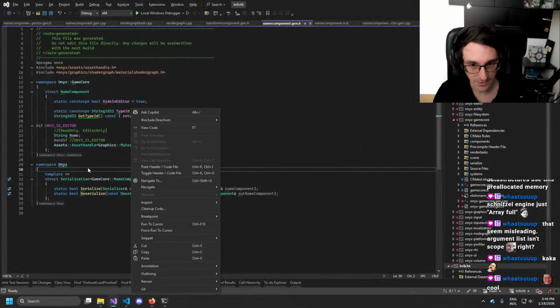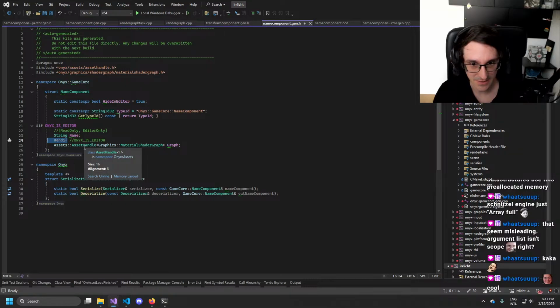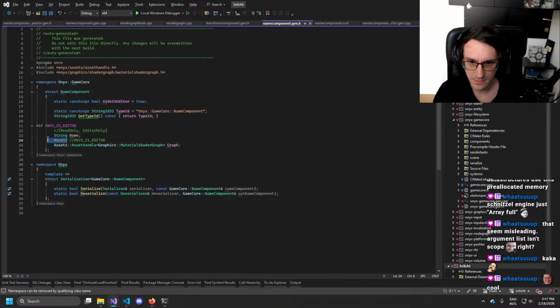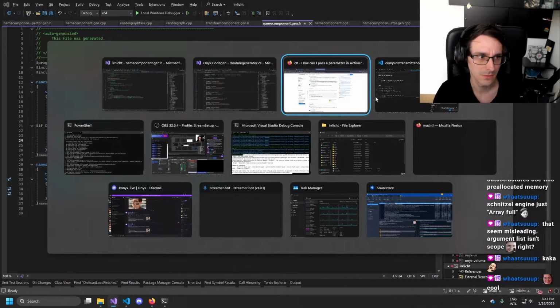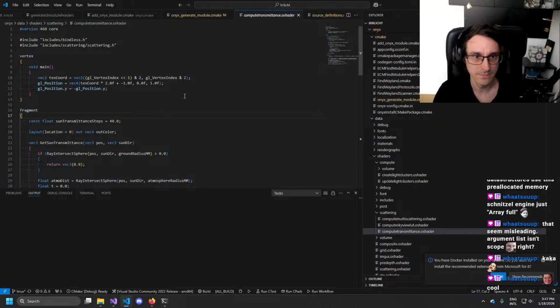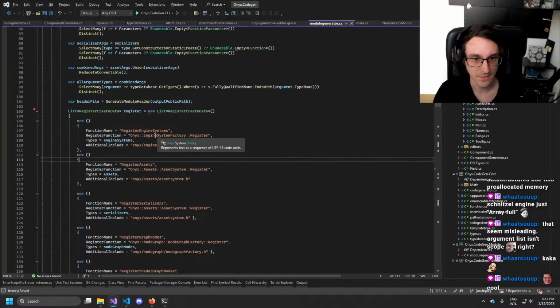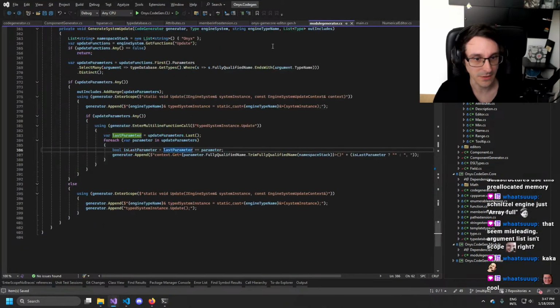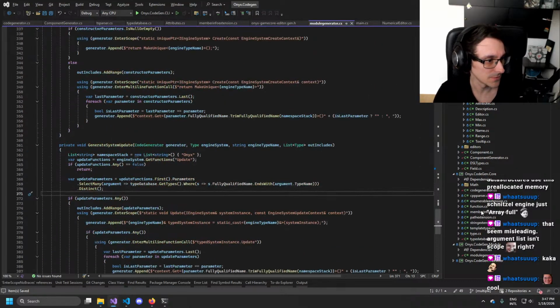So did that generate? Kinda. That's wrong. Why is that here? That's the preprocessor one, right? Why would that be the case, Mr. Preprocessor? Code generator.